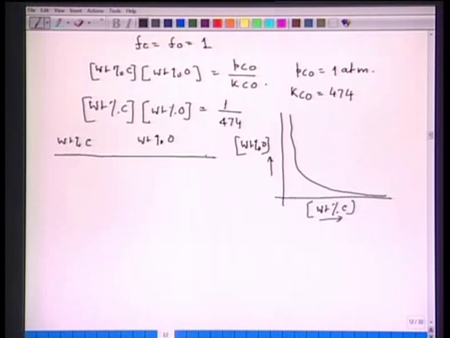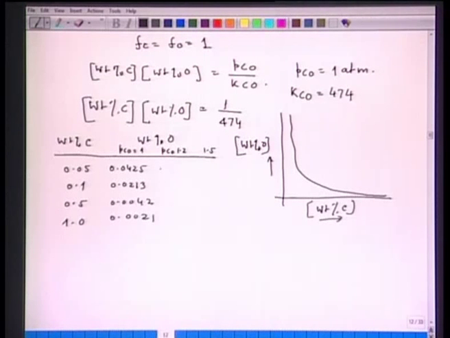So, if I do that, I put here PCO equal to 1 atmosphere, PCO 1.2 and PCO 1.5. If I take 0.05% carbon, 0.1, 0.5 and 1.0, I calculate here 0.0425, 0.0213, 0.0042 and